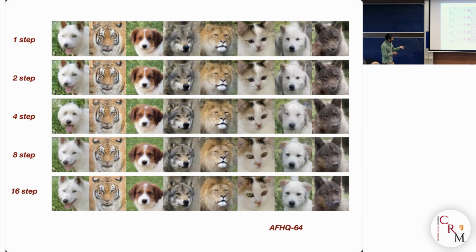We have done some attempt. This is not the best result, but this is just to show you that you can get reasonable images, even on a high-dimensional model, and there are no results appearing in the literature that are much better than this by just doing one step. So these are images generated by learning a map, where you take noise and it spits out the image in one step. Okay, and then this is if you increase the number of steps.